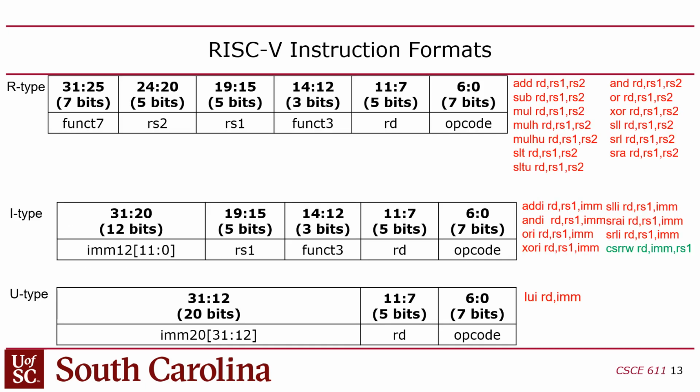Okay, so RISC-V, this is probably going to be new to you because you're familiar with MIPS and the way that MIPS instructions are encoded into binary machine code. When I presented RISC-V in the first part of the semester, everyone was fine with it because it was almost the same as MIPS. However, the encoding formats are quite a bit different. When it comes to the machine code part, this is where things get a little strange if you're coming from MIPS. So there is an R-type, I-type, and a U-type.